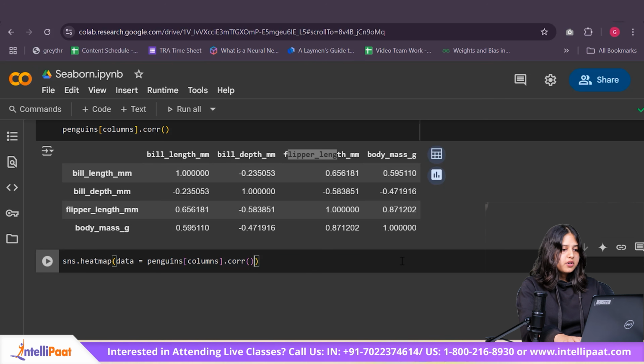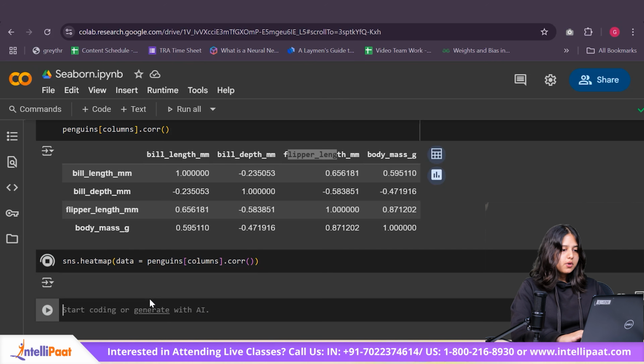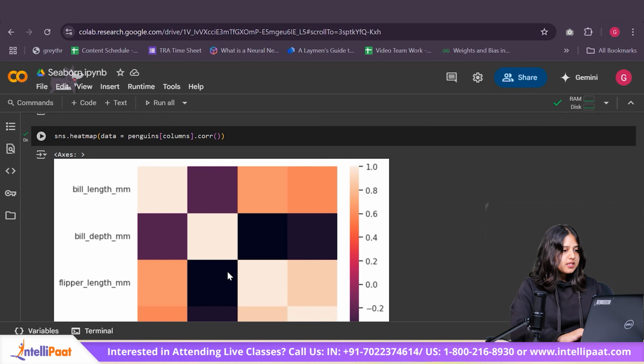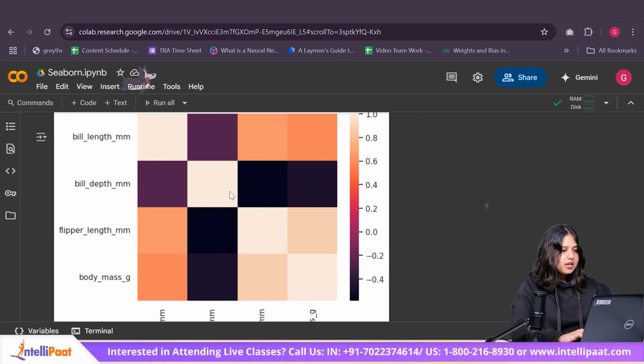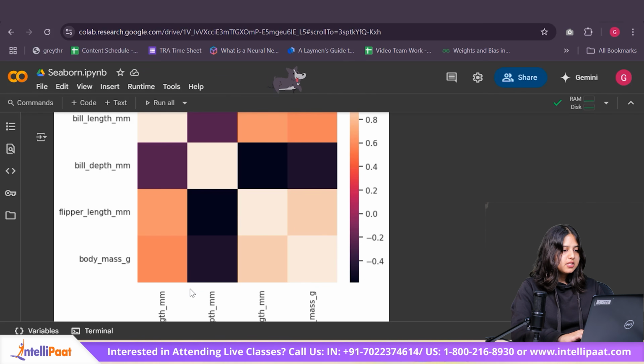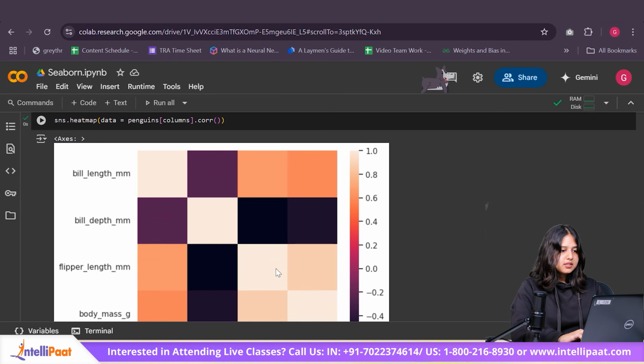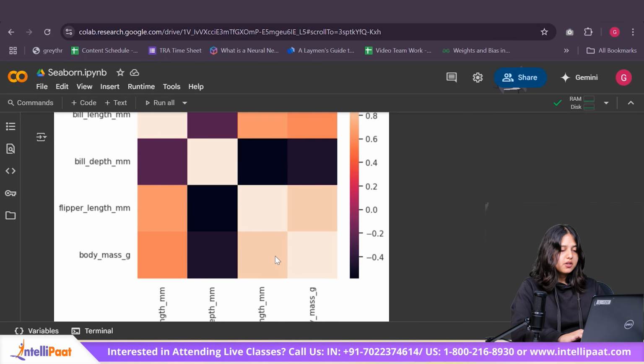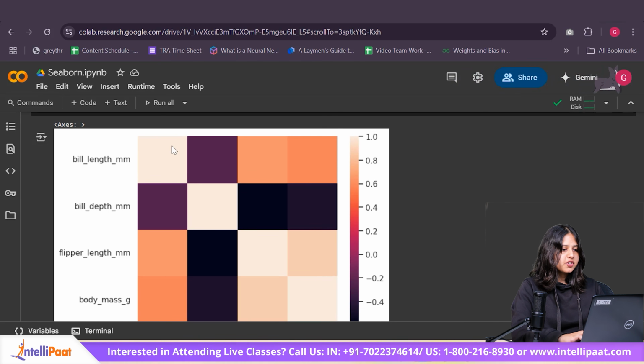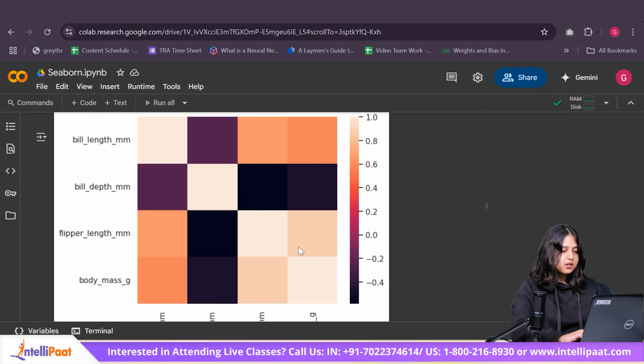For now, let me go ahead and pass this in my heat map and see what it looks like. As you can see over here, it's giving me color encoded information about the correlation between these particular columns. So instead of numbers like this, we have colors which represent the different information. The highest correlation has a peach color, so this is why all the diagonals have a peach color.